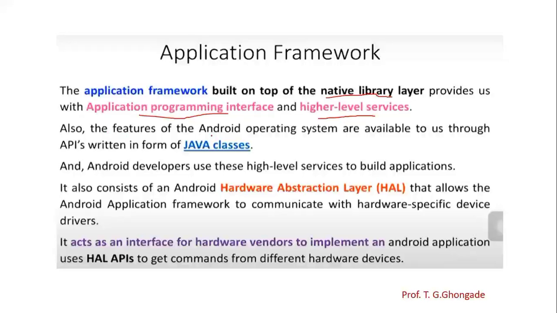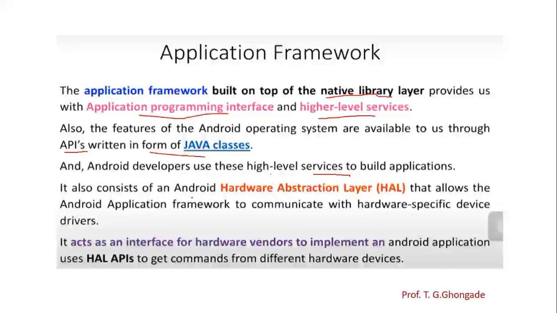The features of the Android operating system are available to us through the API, written in the form of Java classes. Whatever programming we perform, we perform in the Java language only. Android developers use these high-level services to build their applications.